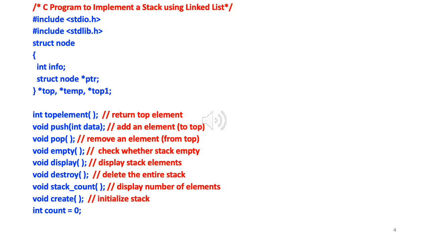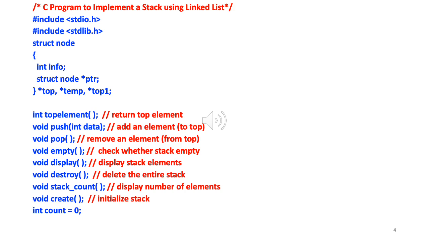So you can do some error checking. Void display the stack elements. So if you have a stack, let's say 10, 20, 30, 40, it has to display the info components of all of them. So the way it will print is, it will print the top and then it will go down. So it will print 40, followed by 30, followed by 20, followed by 10. Okay, if the stack has these 4 elements in it. Okay. So note that stack is LIFO, last in first out. Right. So when we add in an order 10, 20, 30, 40, we remove in the opposite order 40, 30, 20, 10.